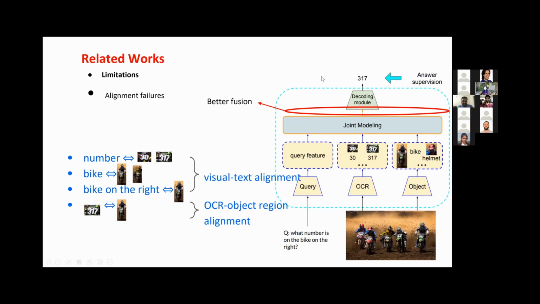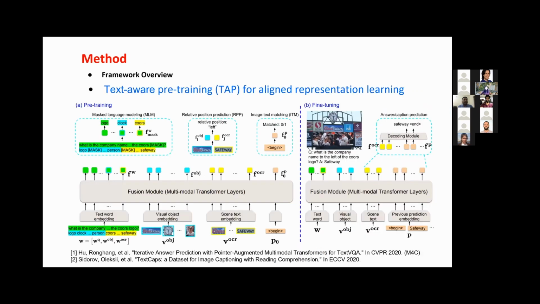So our goal actually is to introduce some intermediate objectives directly on the output feature generated by the joint modeling part, and try to generate better fused features to align visual-text alignment and OCR-object region alignment through pre-training. For this purpose, we propose text-aware pre-training, TAP, for aligned representation learning. In the pre-training stage, we design various syntax-aware pre-training tasks to help joint representation learning between text word, visual